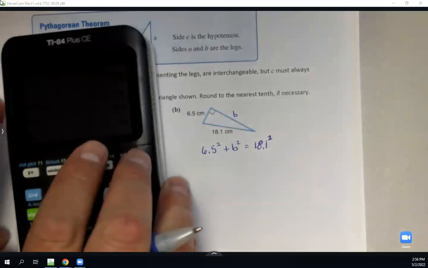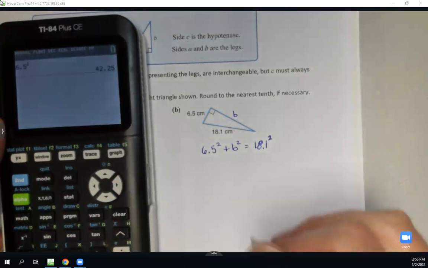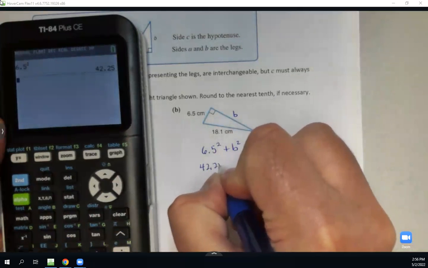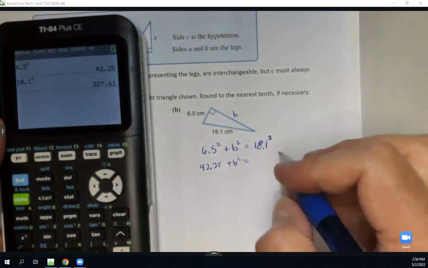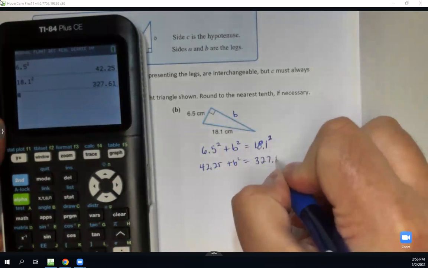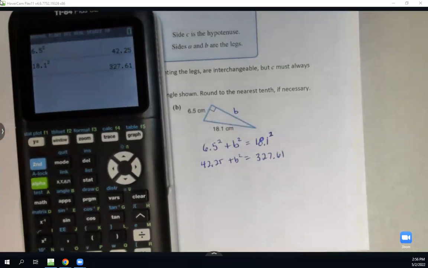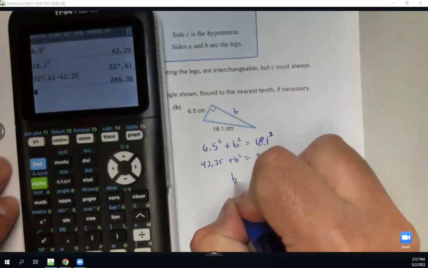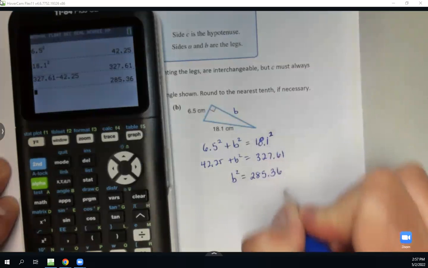Okay. So I've got to solve this one. 6.5 squared is 42.25. 18.1 squared is 327.61. If I take 327.61 minus the 42.25, I get B squared is equal to 285.36,